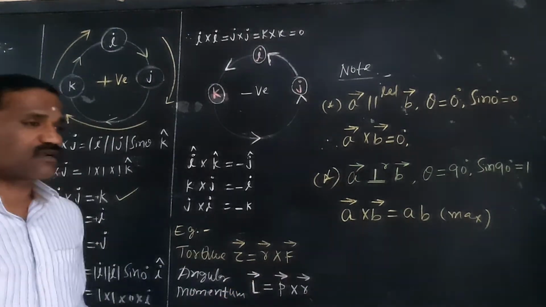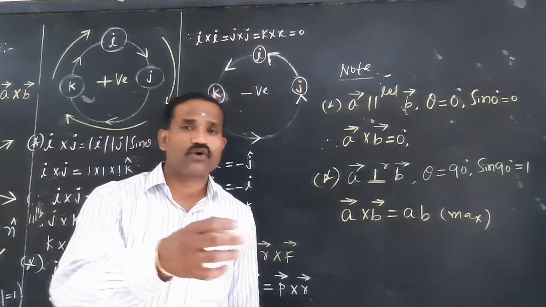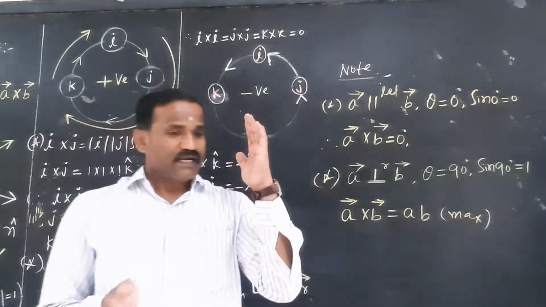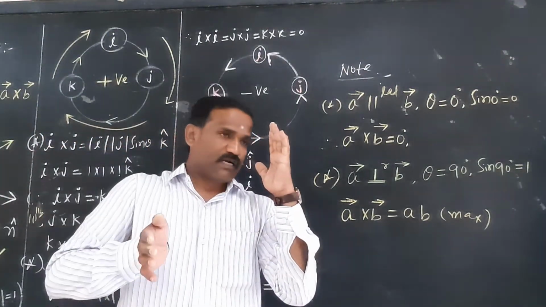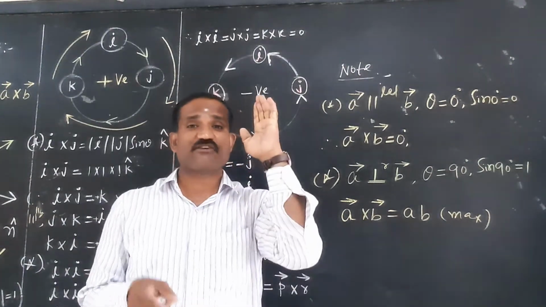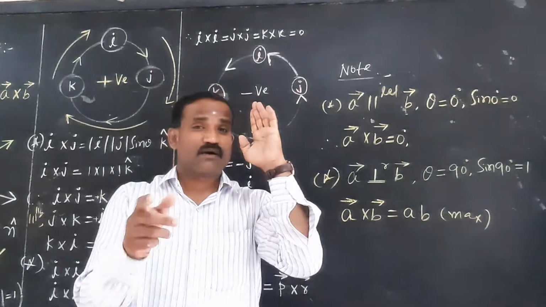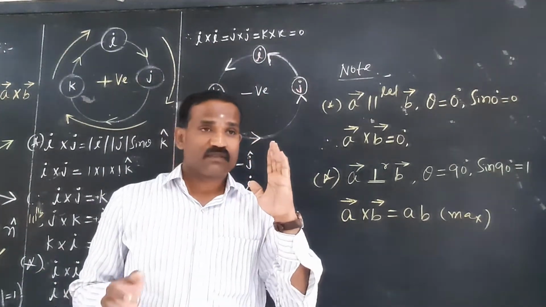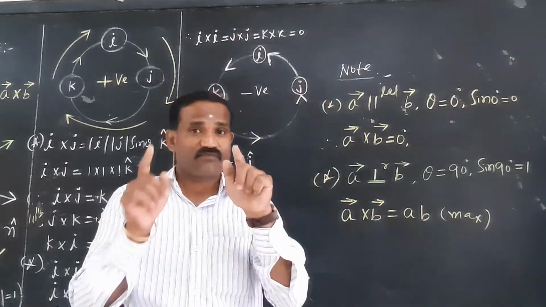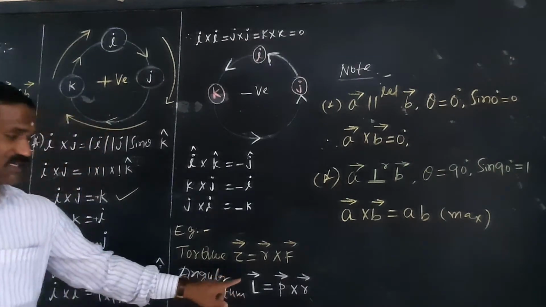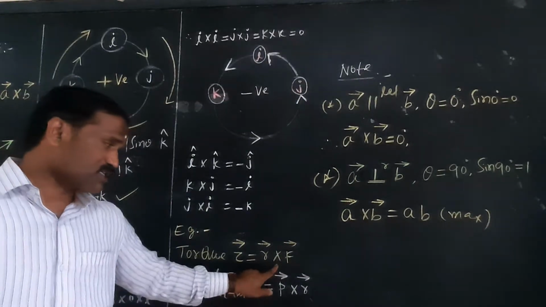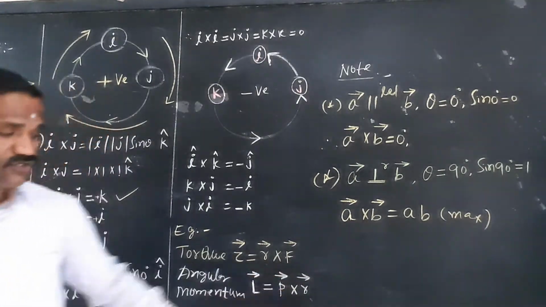What do you mean by torque? You are moving the door. The moment you push the door, it is rotating about its own axis. The effect will be along the hinges. Hinges will give the direction of the resultant of rotation of A cross B. Right? The moment you push the door, it is rotating about its own axis. That is what is called torque. Torque is the radius vector into the point of application of force. It is defined as the cross product of radius vector and point of application of force.